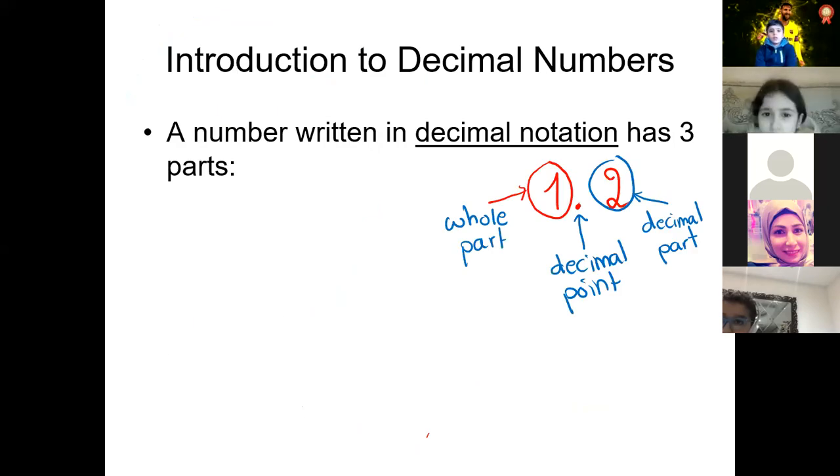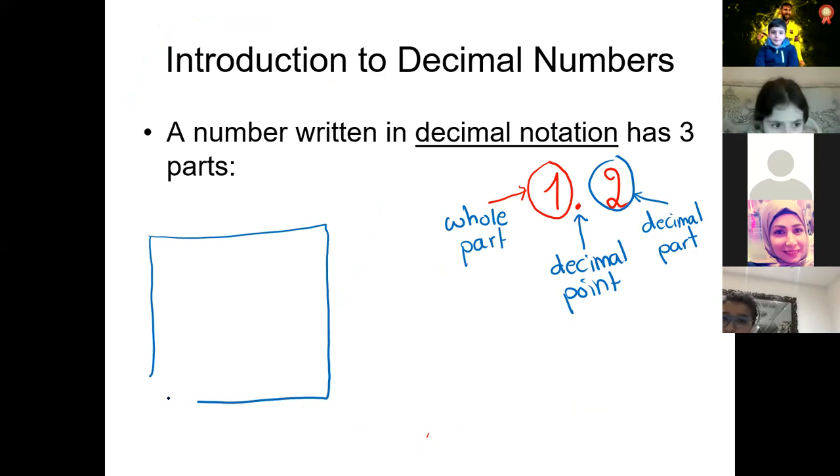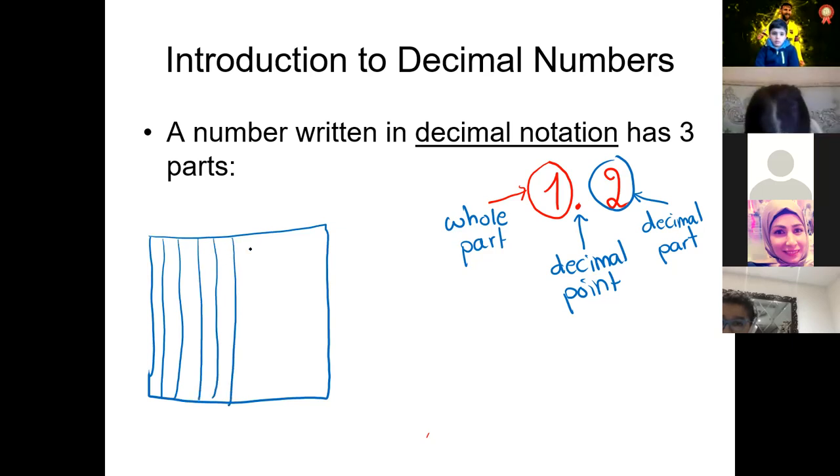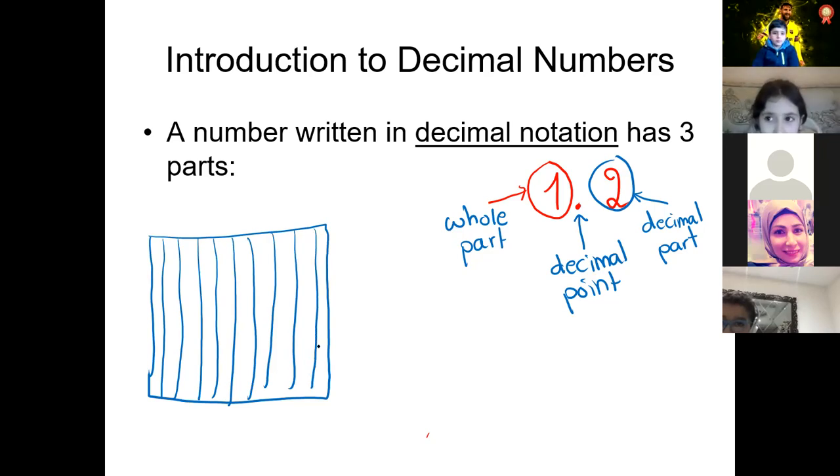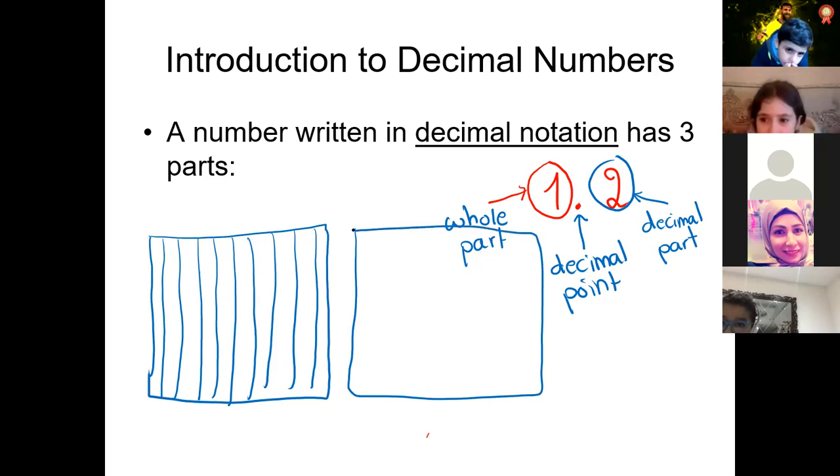Look why. Listen carefully. If we have here a square, we divide it into 10 equal parts. 1, 2, 3, 4, 5, 6, 7, 8, 9, and 10. And also if we have another square, I will divide it into 10 equal parts. 1,